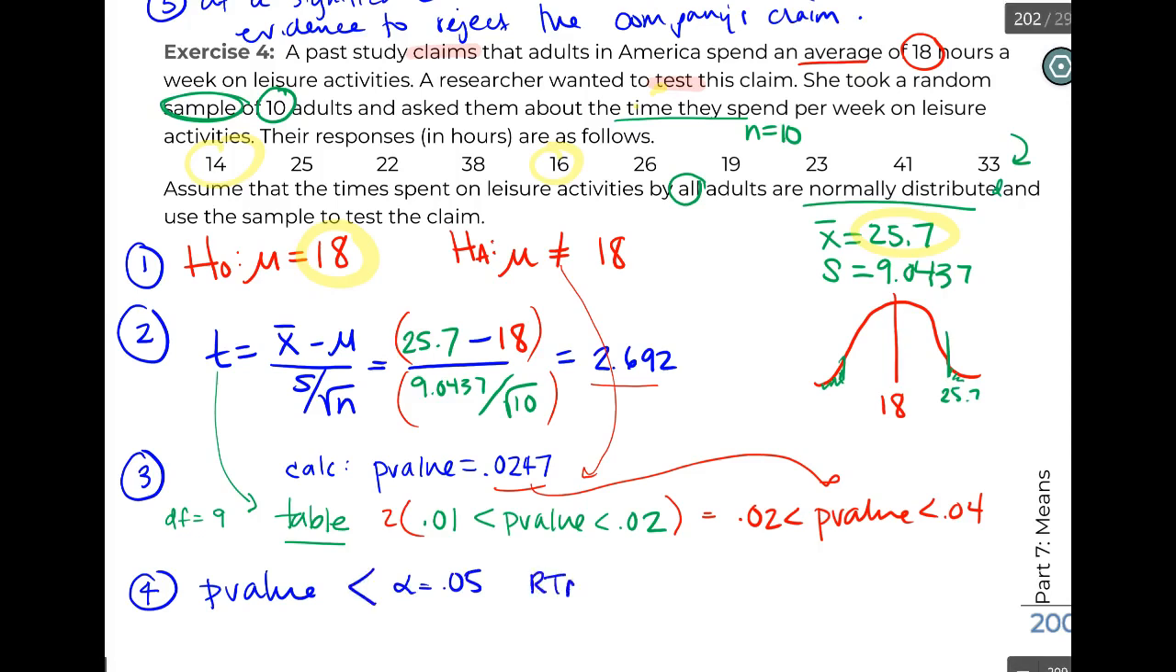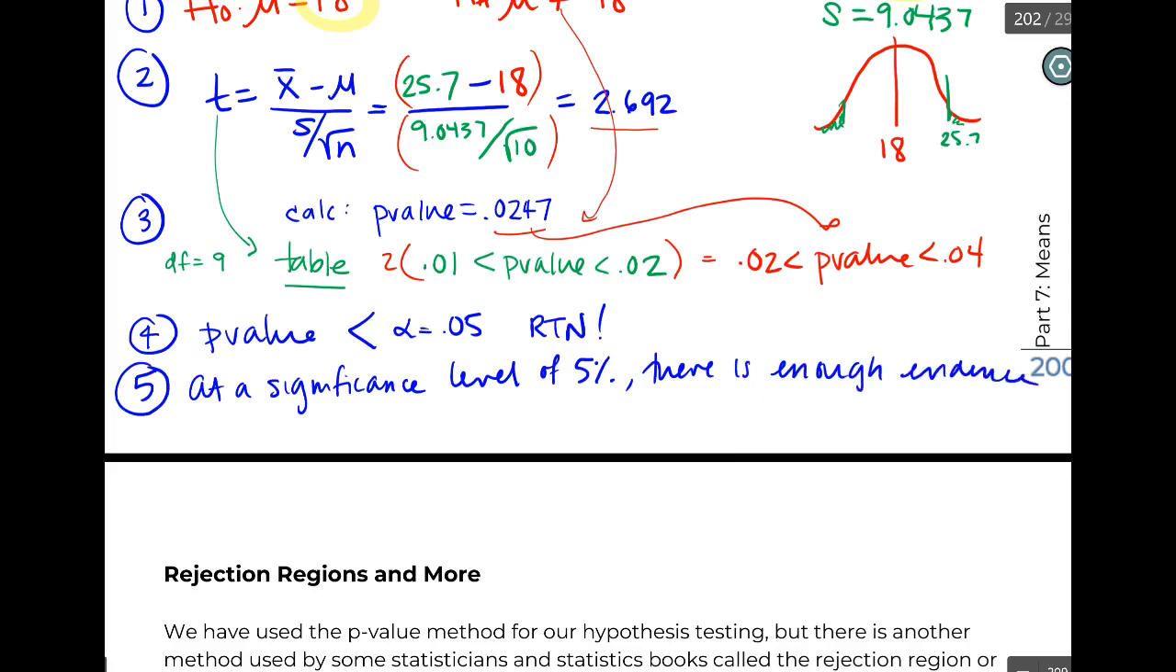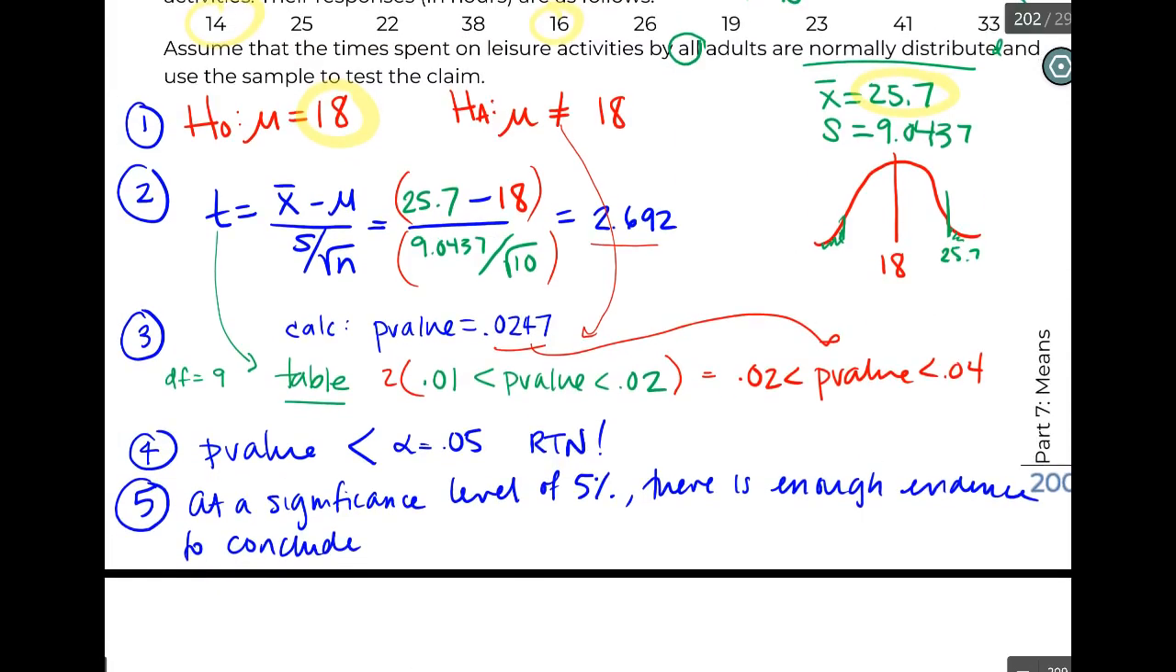We're going to reject the null. It's also the smallest alpha level where we can actually have something statistically significant. So that's why I would choose that if I were in this position too. And we can say at a significance level of 5%, there is enough evidence to conclude, and this is that the mean leisure activity, so I could just say to reject the claim,